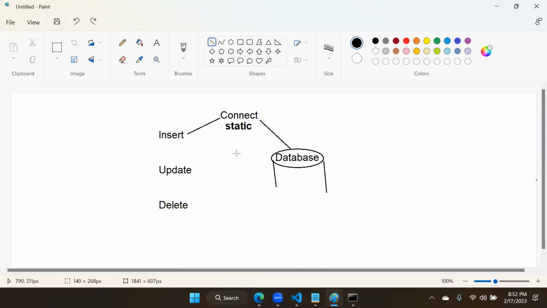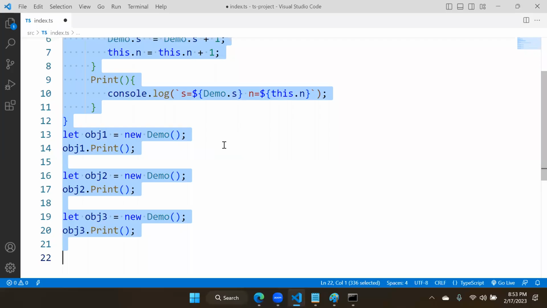If I make this connection non-static, then what happens? It will first connect. After connection, insert. After inserting, this connection is removed. Now, when you say update, again connection will happen. After updating, it will disconnect. You say delete, again connection will happen. Every time you have to connect. If there are continuous operations, then this is a lengthy process to do. Depending on that you can handle. This is a simple example to understand